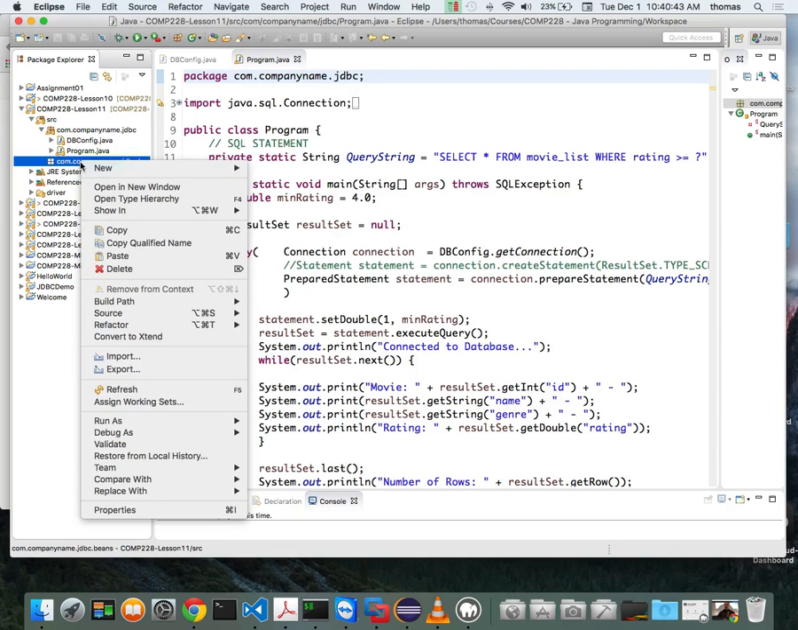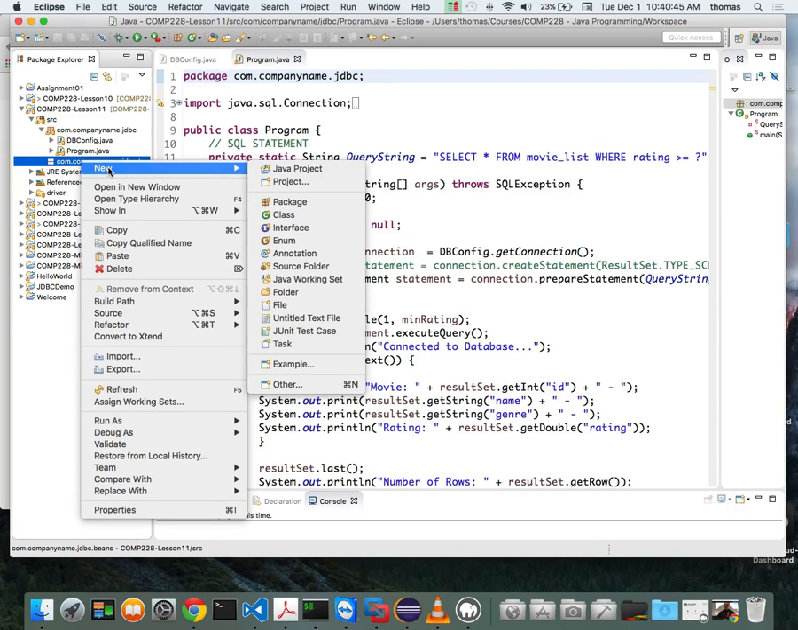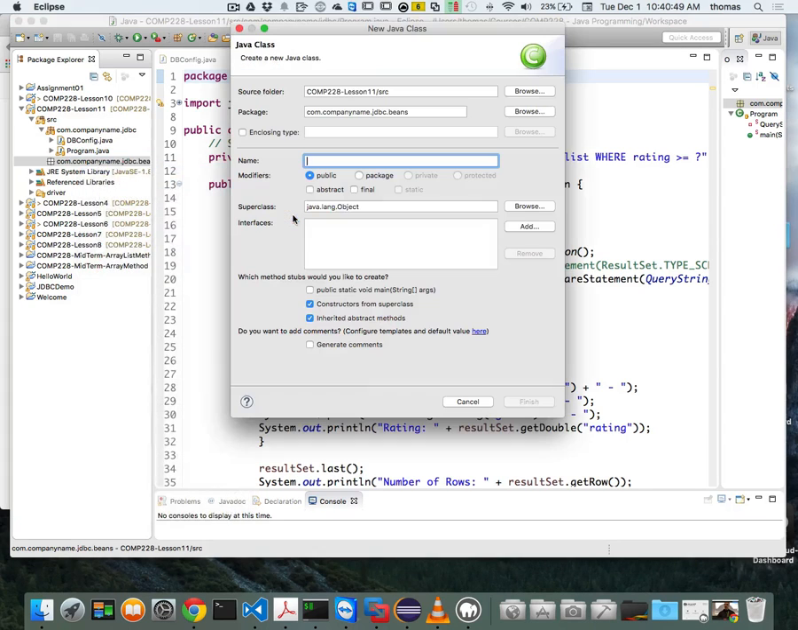So I'm going to right click here on the beans package. I'm going to go new, and this is when we create a new class. So we're going to click new class. Still, our superclass is java.lang.Object, and that's pretty cool. But we're going to name this thing